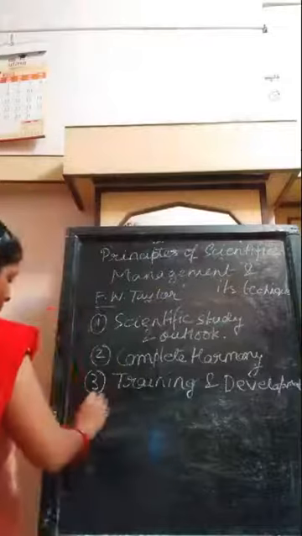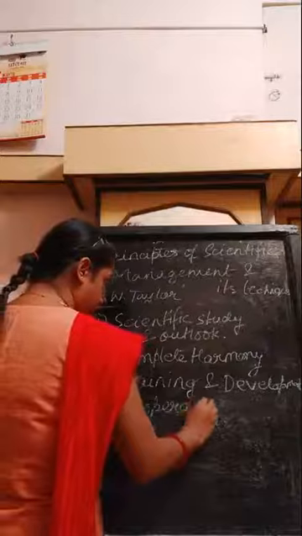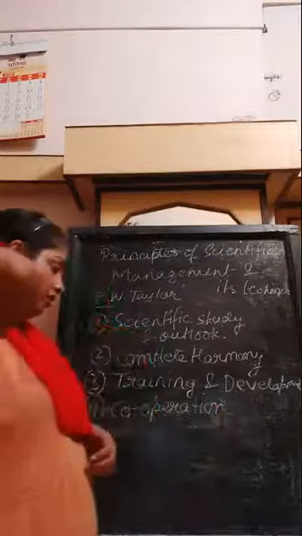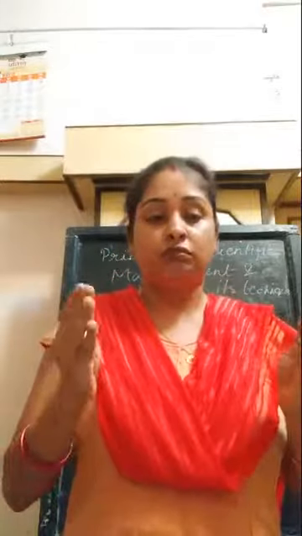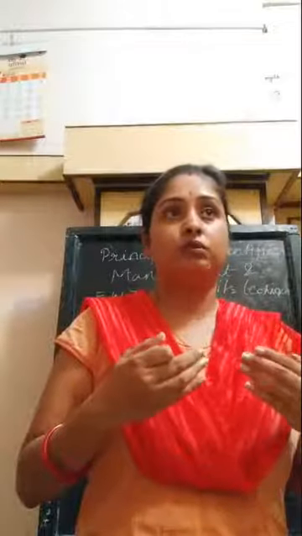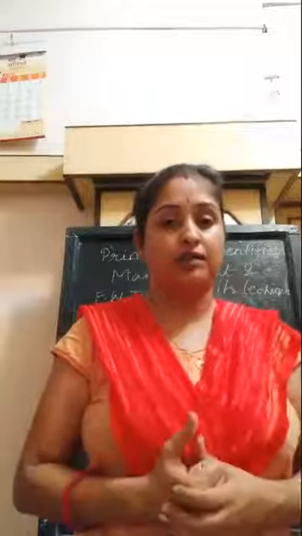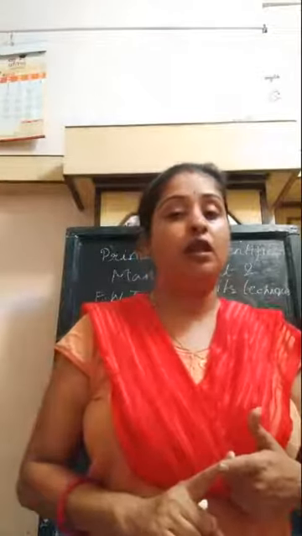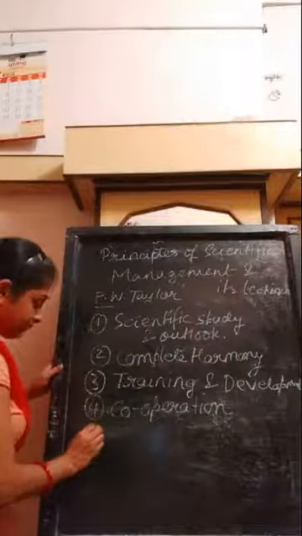Then the next point is cooperation. A wholehearted cooperation is required between the management and the employee for a mutually beneficial relationship. This leads to avoiding any kind of dispute in the organization. There should be cooperation, there should be harmony in the organization, and this is one of the important principles of scientific management. Then we lead to the next point, that is